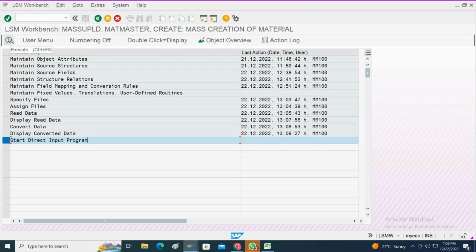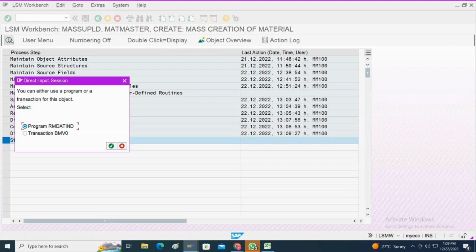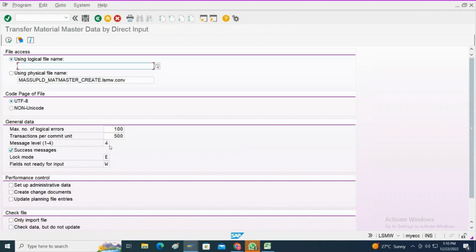Just select and go to the start direct input program, then select program rm.ind. This is the program, right? So I will go to rm.ind, but this will fail, it will not create. Then use file, physical file name, this is the file, right? So I will select this,